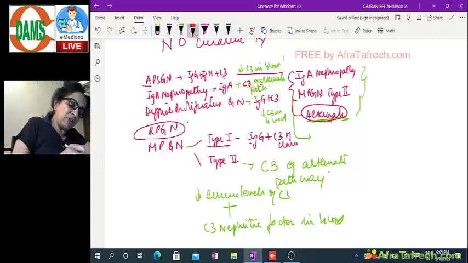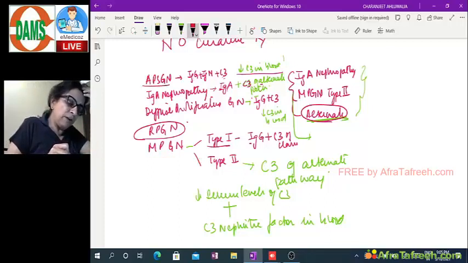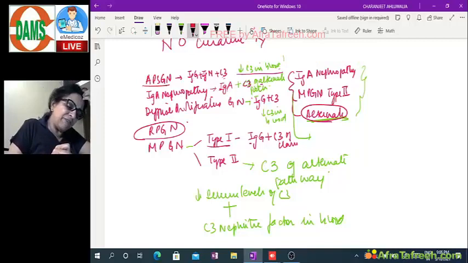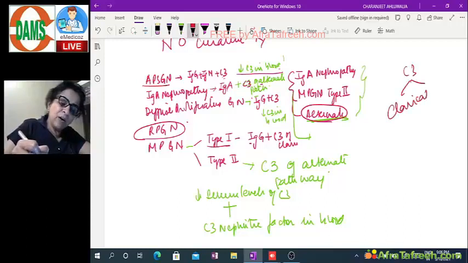अच्छा, अब acute post-streptococcal glomerulonephritis देखो, उसमें जो immune complexes बनते हैं किडनी में, जो subepithelial deposit होता है, they contain IgG antibody, IgM antibody and C3. So since C3 is getting used up and is getting deposited in the kidney, blood levels of C3 complement component will fall down. Then in IgA nephropathy, now you know C3 can come from classical pathway or C3 can come